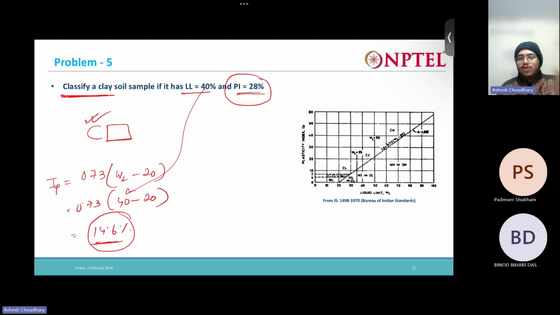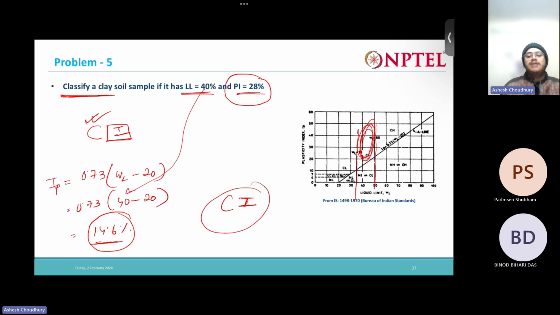If it is 40%, that means it is between 35 and 50%. So it falls in this region. What will be the suffix? Since the liquid limit is between 35 and 50%, obviously it is going to be intermediate, I. So the soil is classified as CI,